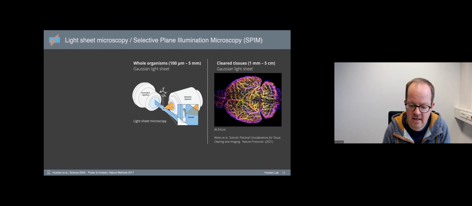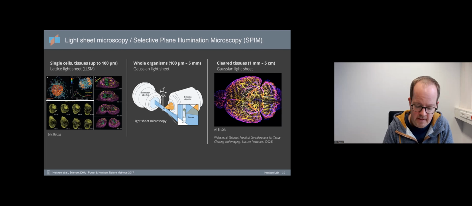It's basically the task of imaging a centimeter-sized object quickly. And if you used a confocal or so, it would take forever. With light sheet, you can do it in a reasonable amount of time. And of course, things like phototoxicity or photobleaching still play a role. And of course, the ability to rotate the specimen or illuminate it from different sides, etc., may be very important